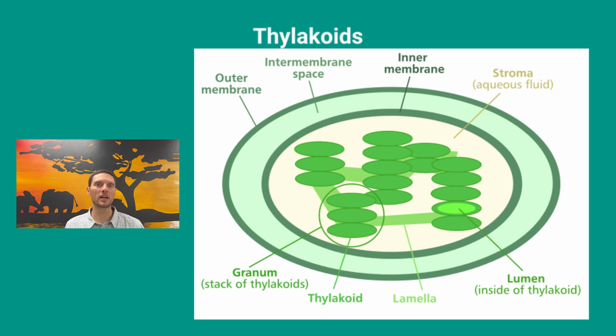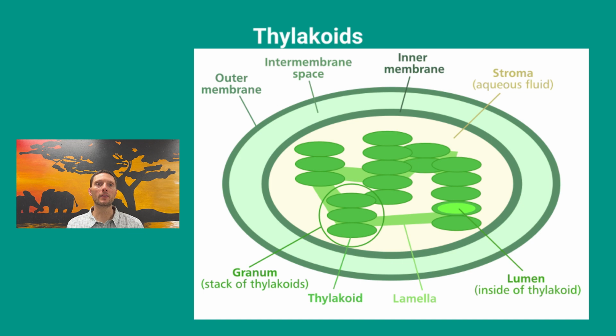One is a disc shape that's arranged in stacks called grana, and then it also has an unstacked space found within the stroma. Primarily that's called the lamellae, and it forms connections between the grana thylakoids, so it forms connections between the different stacks. It's an interconnected system that has emergent properties, meaning that a property emerges as more of them are combined together,